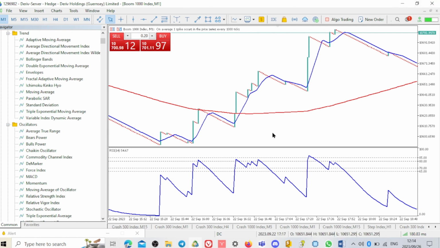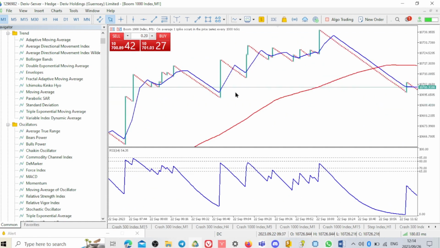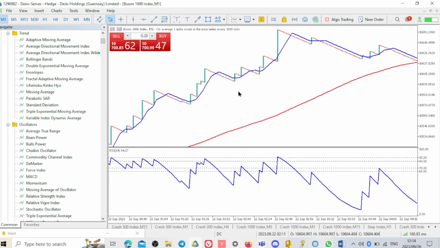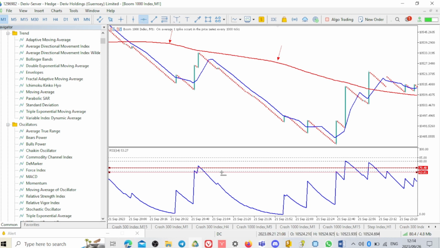If you can see, we now have the same strategy. So we have two scenarios. With Boom, the safest way to trade Boom is when Boom is below this red line, our simple moving average. That's the first scenario that I'm going to explain. When price is below this red line, what do we do? That's what I'm going to explain in the levels that we're going to be using in the RSI. The levels that we use when price is below that are level 70 and level